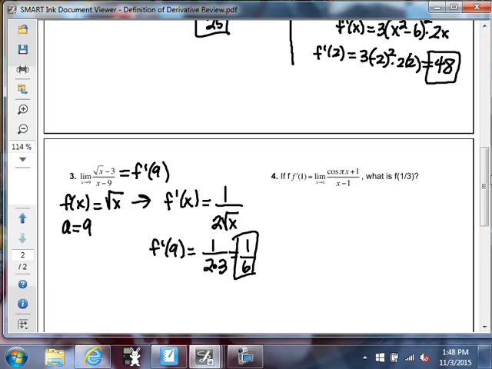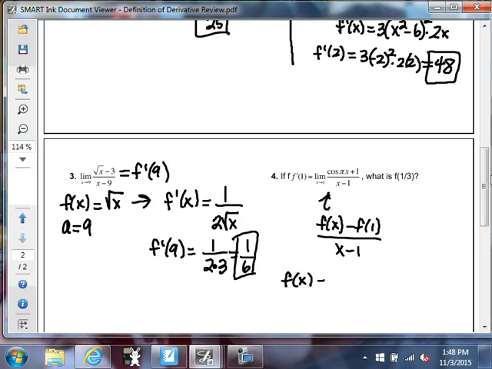All right, so the next one. It's telling us our derivative f prime of 1 is equal to all of that, and it asks for what is f of 1/3. Okay? So it's in the form, so if you need to write it out, it's in the form f of x minus f of 1 all over x minus 1. You can verify,